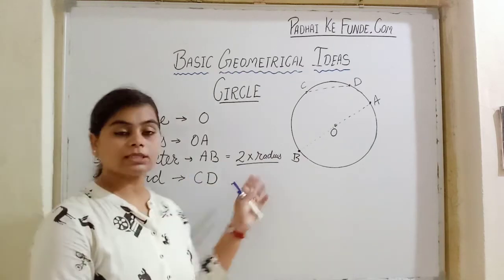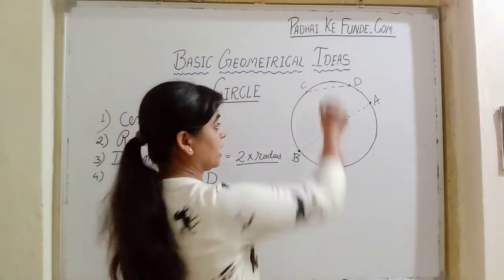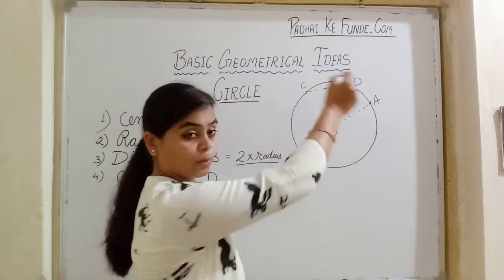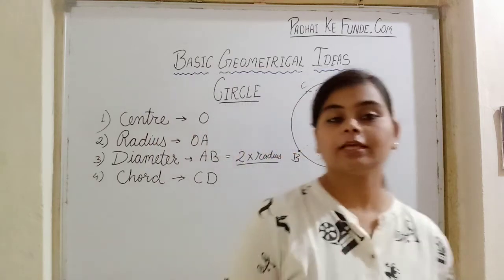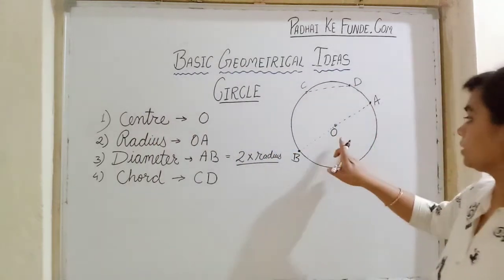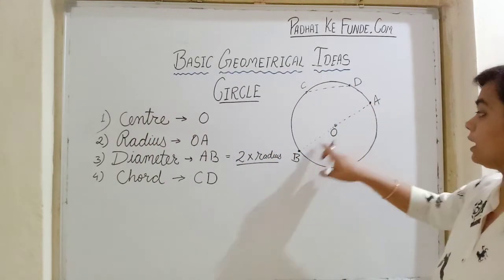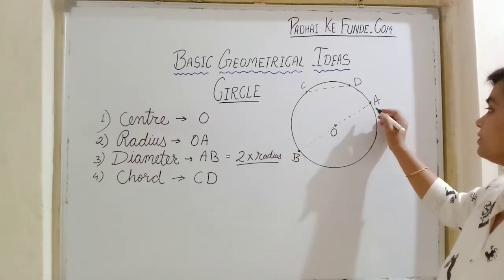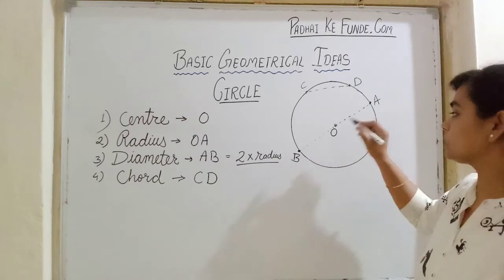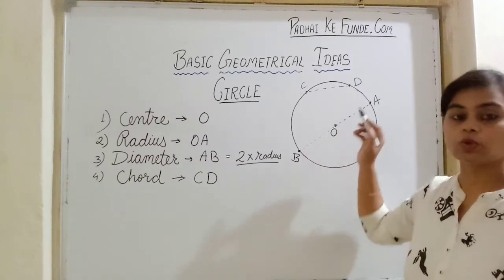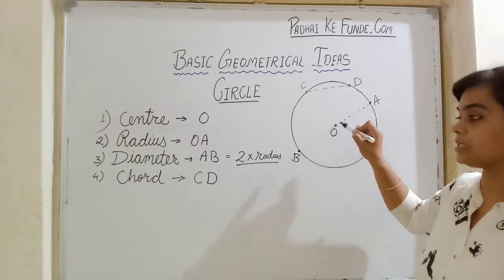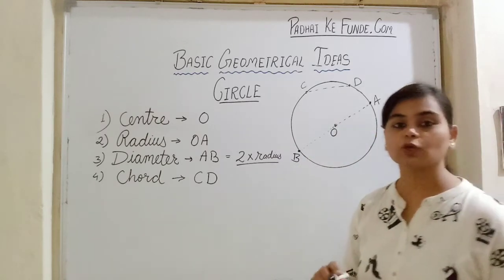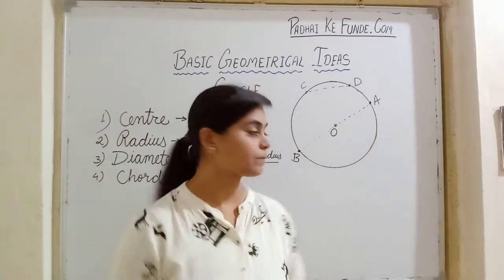Similarly, a circle can have any number of chords. Anywhere we can join the points taken on the boundary, and we will get a chord. This diameter is also a line which we got by joining 2 points on the boundary. But the difference is this chord is passing through the center. So a chord passing through the center is the diameter, which is the longest chord of the circle.